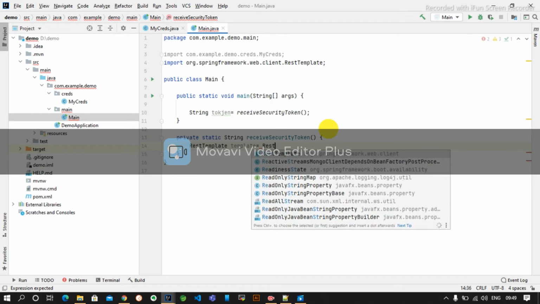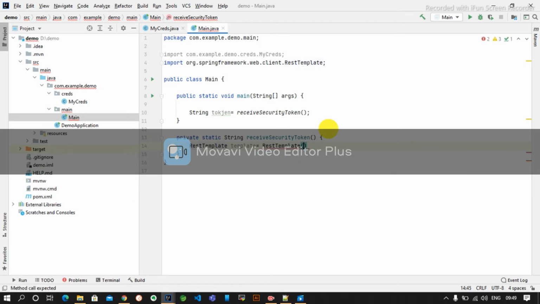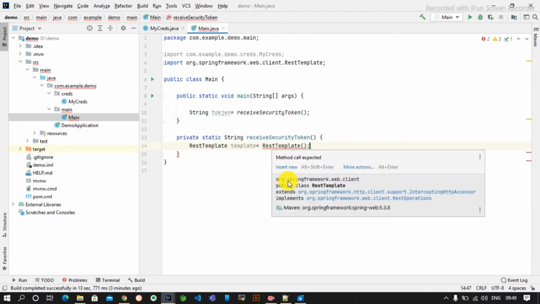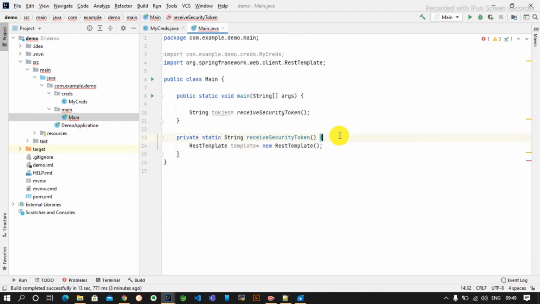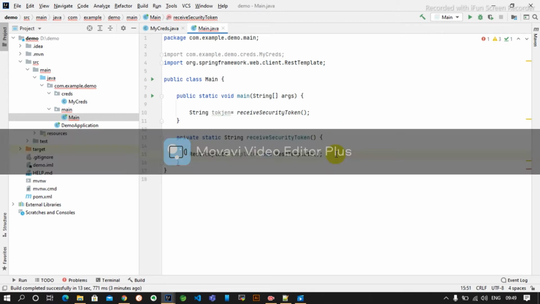Those who don't know what RestTemplate is, it is a part of Spring Boot. If you have ever dealt with HTTP client, it is an old thing, so I am using RestTemplate since it is a Spring Boot project.